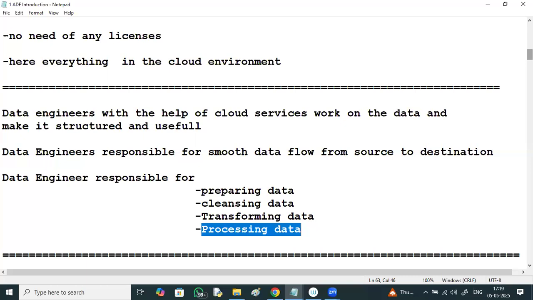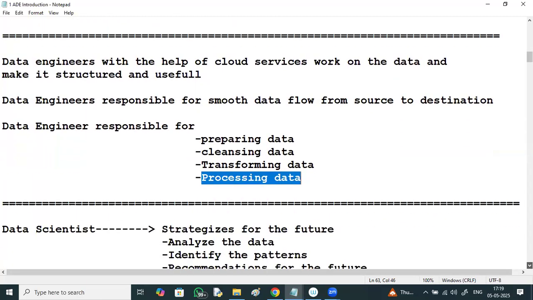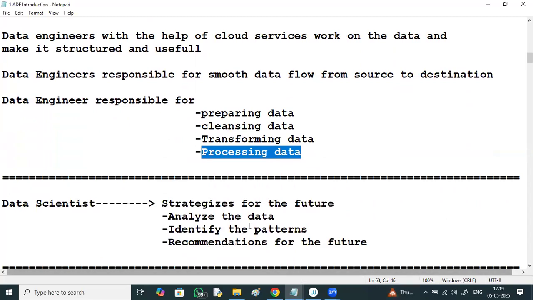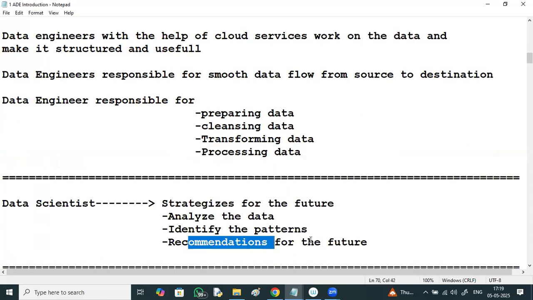If I talk about the difference between data engineer, data scientist, and data analyst: a data scientist is mostly used for strategizing for the future. They are going to analyze the data, identify the key patterns, and give recommendations for the future.